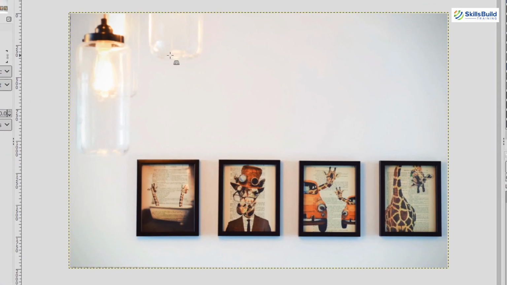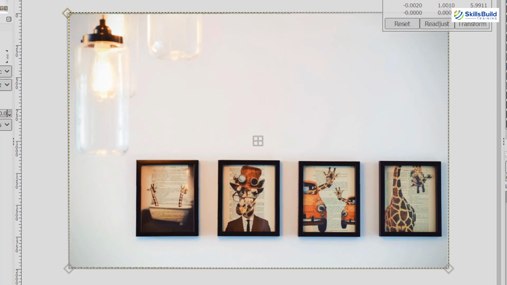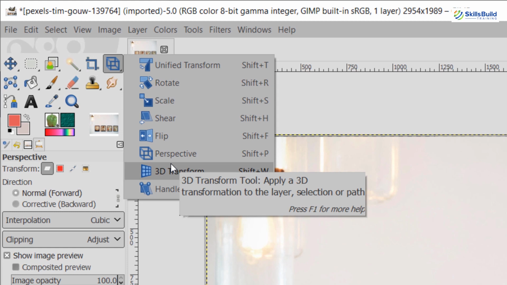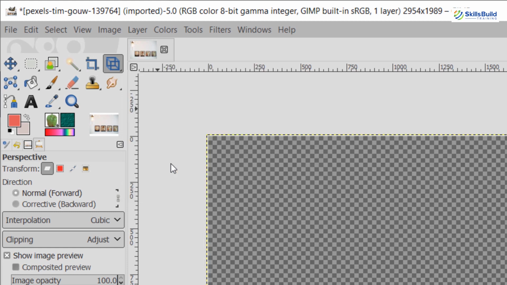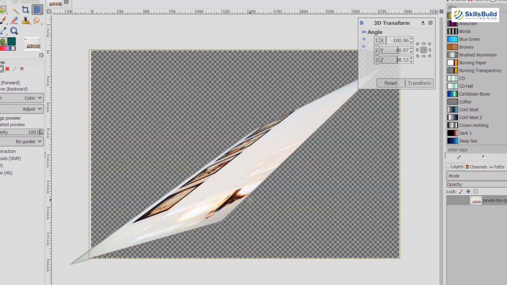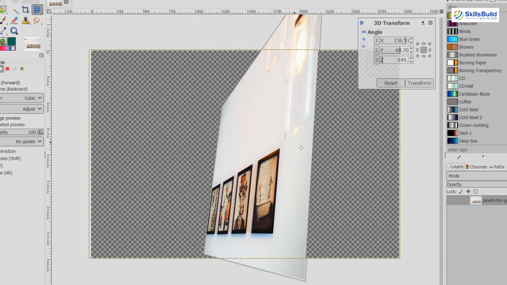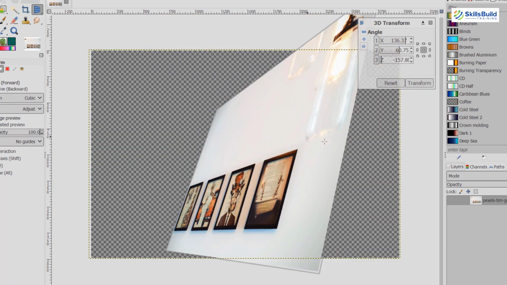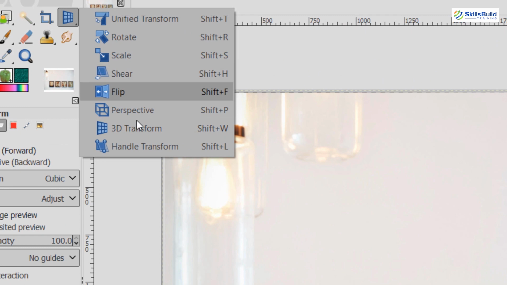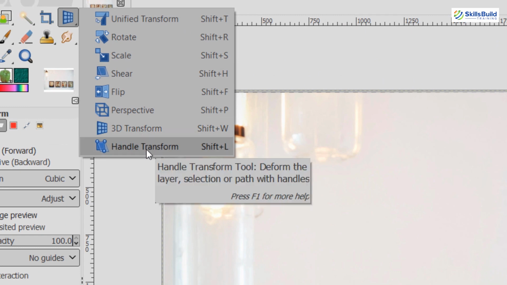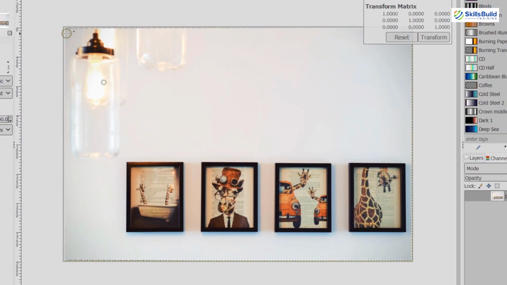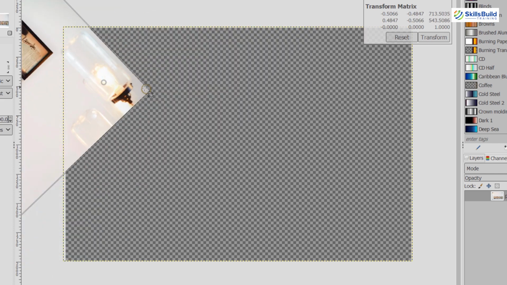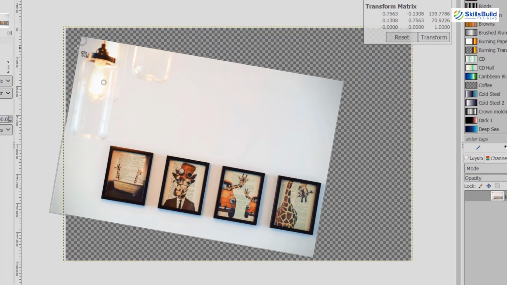You can see and adjust its perspective. You can also apply a 3D transformation to the layer, selection or path, so you are able to see it from every angle. As well as you can use the handle transform. By placing or keeping an anchor somewhere, you can rotate it.